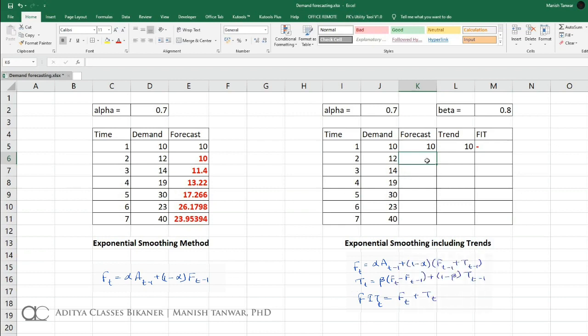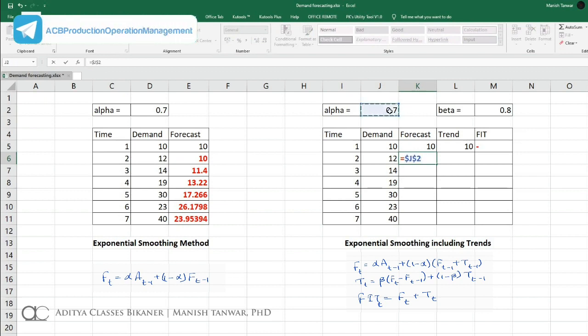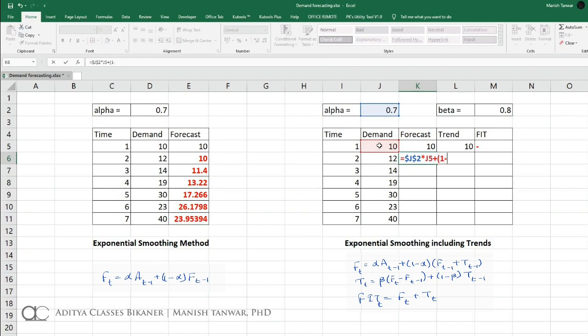The formula for forecast is equal to alpha multiplied by actuals of t minus 1, plus 1 minus alpha, let me close the bracket, multiplied by, let me open the bracket, forecast of t minus 1 plus trend of t minus 1.